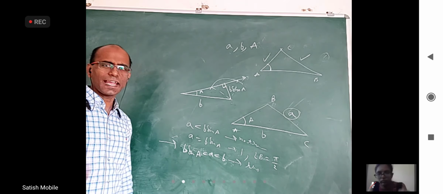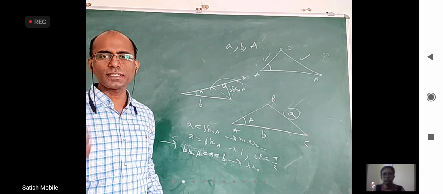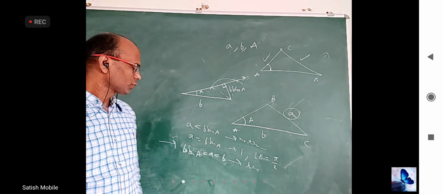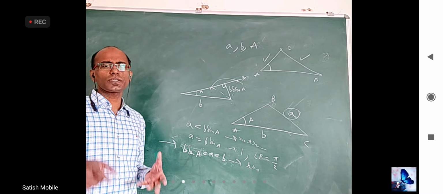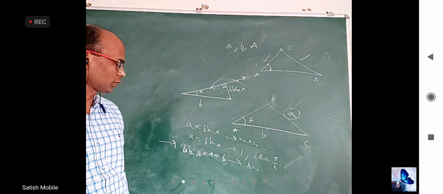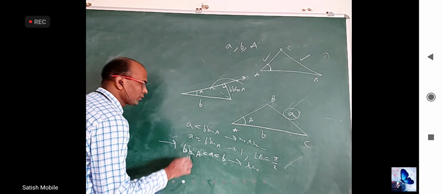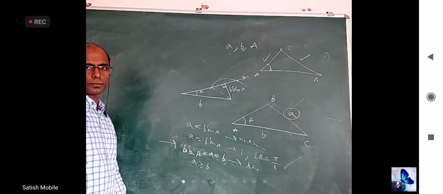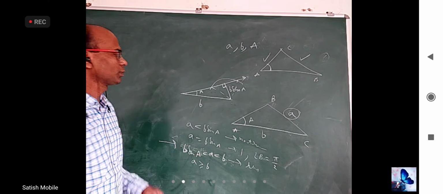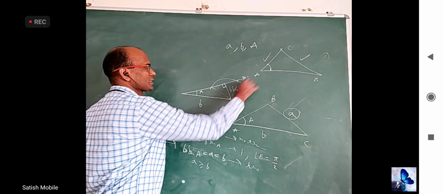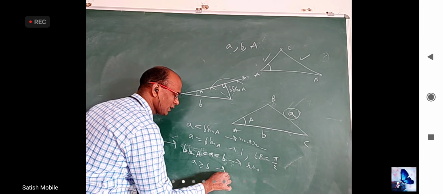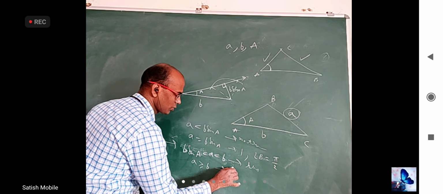Normally in English, ambiguity means there is no clarity, right? So like that, there are two solutions. It is not clear about one solution. But what if my a value is greater than or equal to b? Then my arc will intersect only here, cannot intersect this side because I only have a ray. Again, I will have a unique triangle, only one solution.